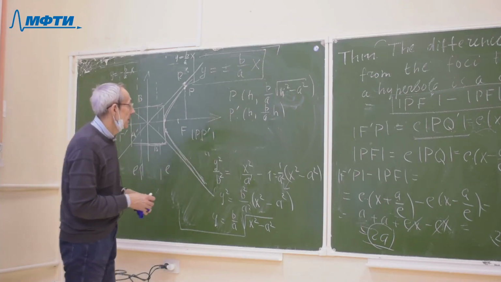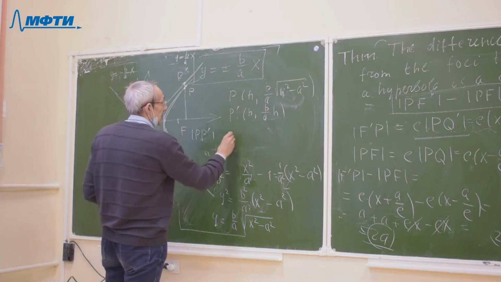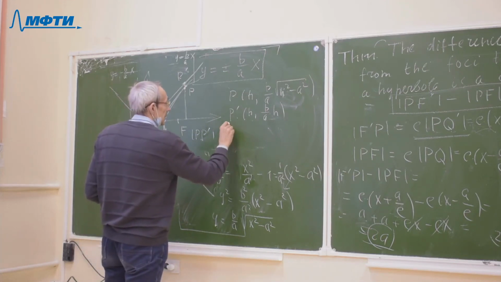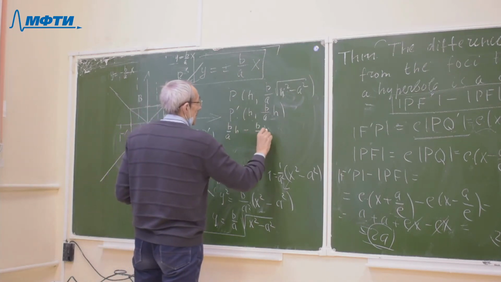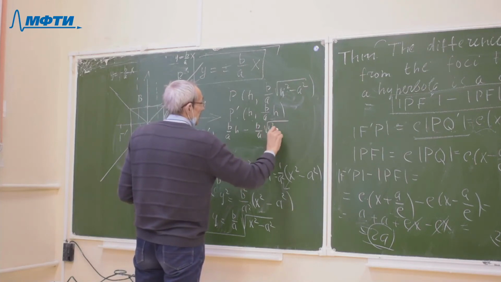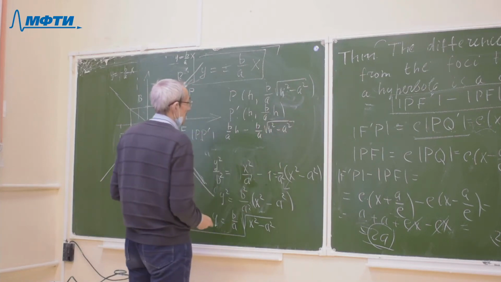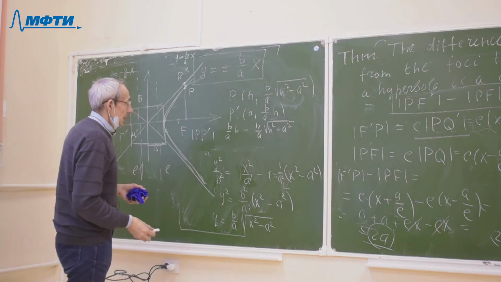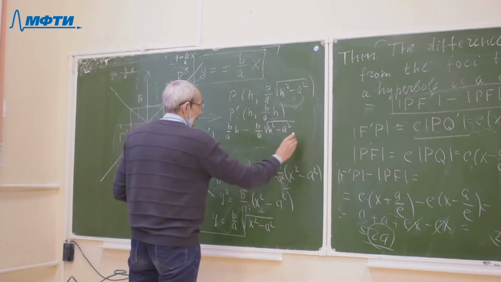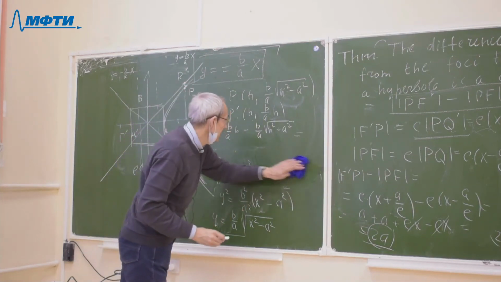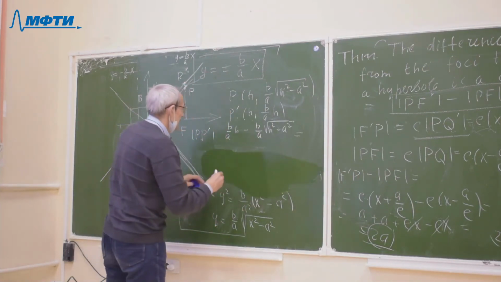And in this case, we obtain this difference: b over a h minus b over a times the square root of h square minus a square. And this difference,